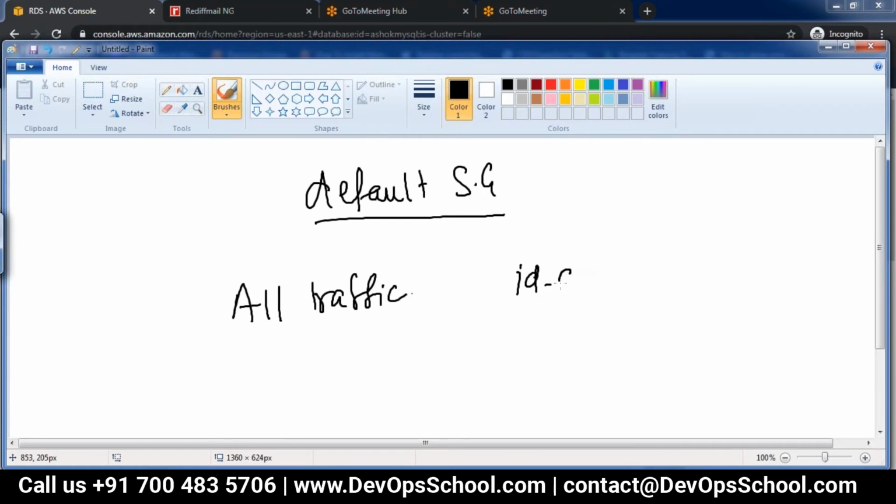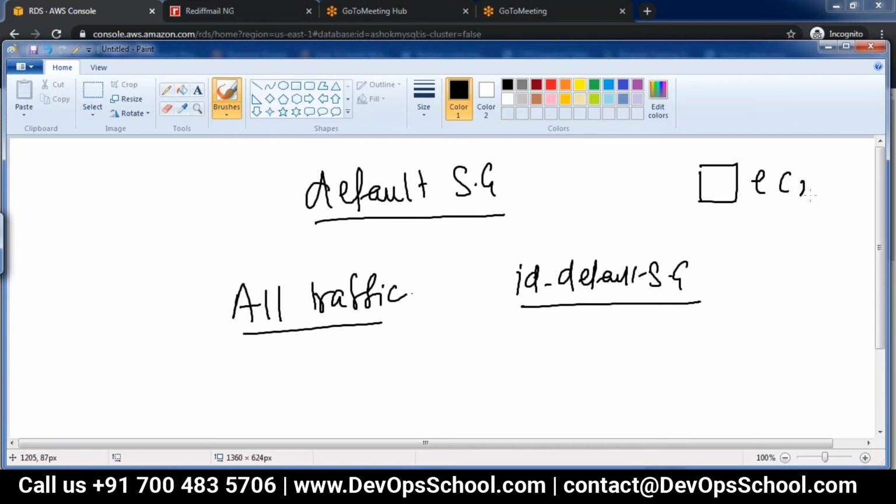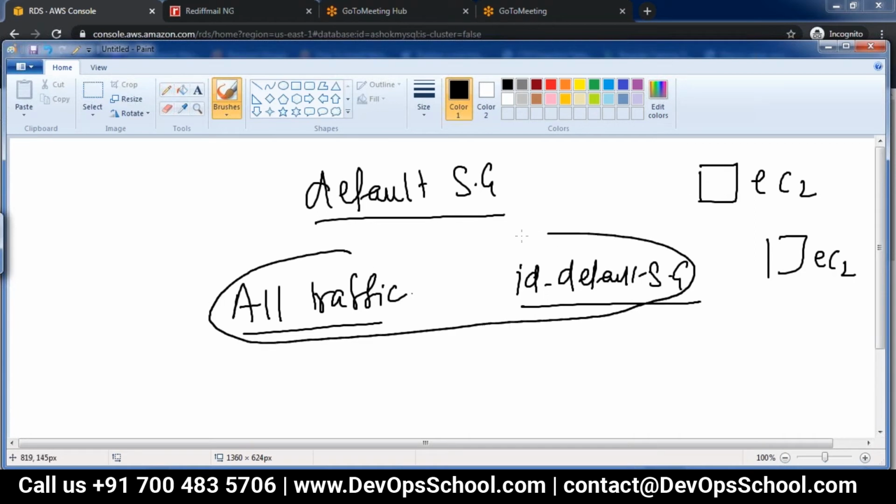So if I have two EC2 instances or DB instances and assign the default security group to both, the only traffic allowed is between them. No other external traffic is allowed.